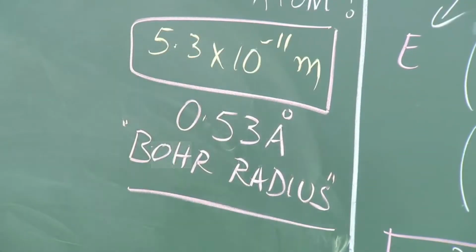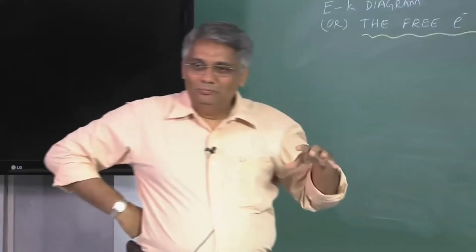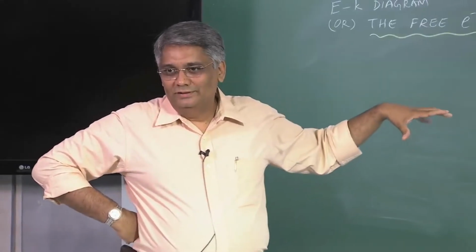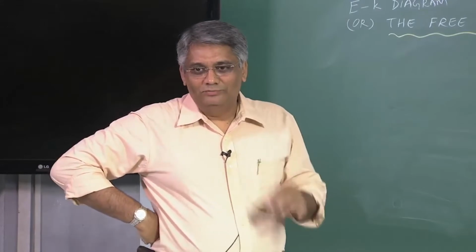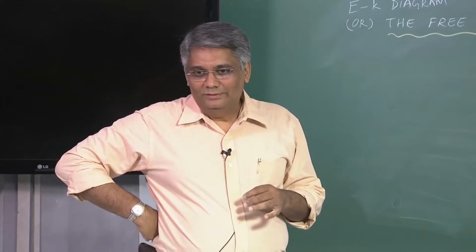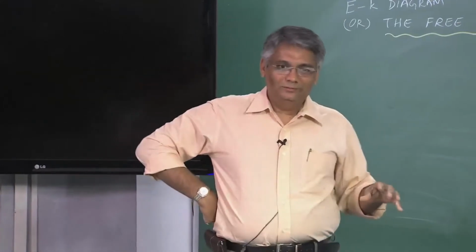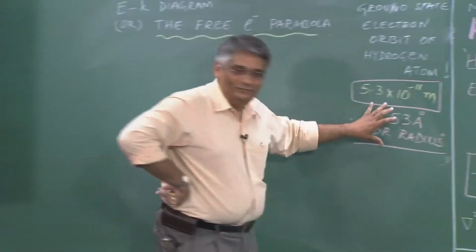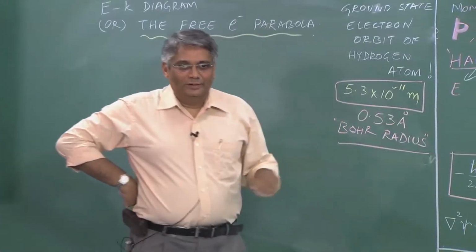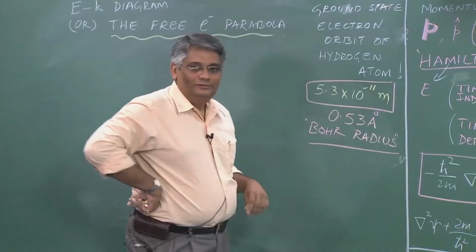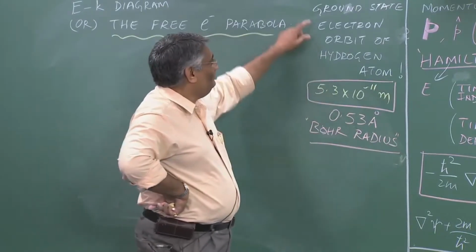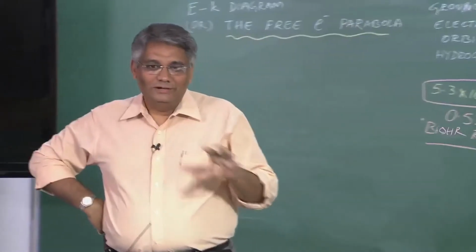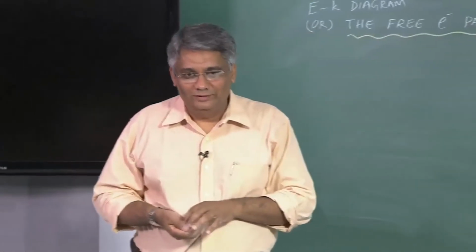So classical physics allows you to give precise values like this. When you say Bohr radius, it's 0.53 angstroms, right? So we take this value and use it freely, no problem. Looking at the radius of the ground state hydrogen atom, you always get what is called an expectation value.